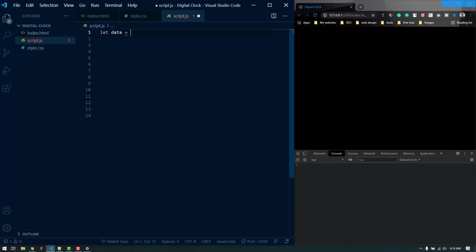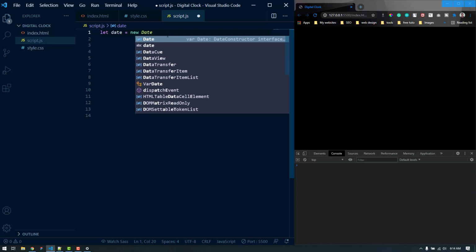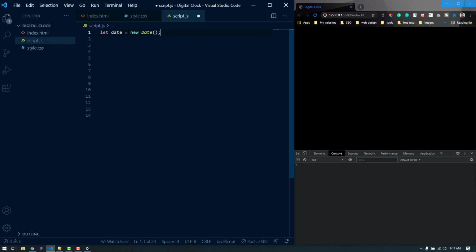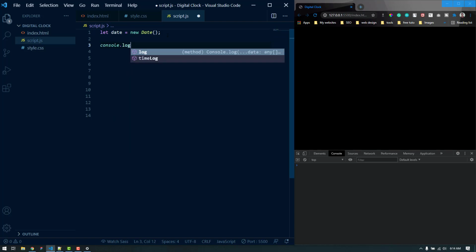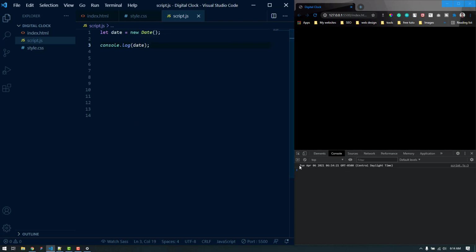So JavaScript has the date object, so we are going to create a new instance of that. So new Date, and if we console.log it, let's see what we can get from here. Console.log date. So this is the output. This is the Tuesday, the month name, the date, and the year. Then this is our time.